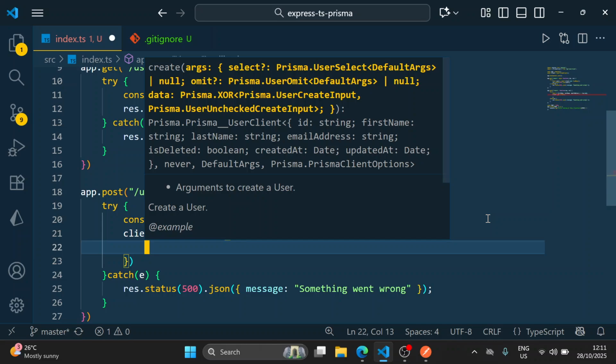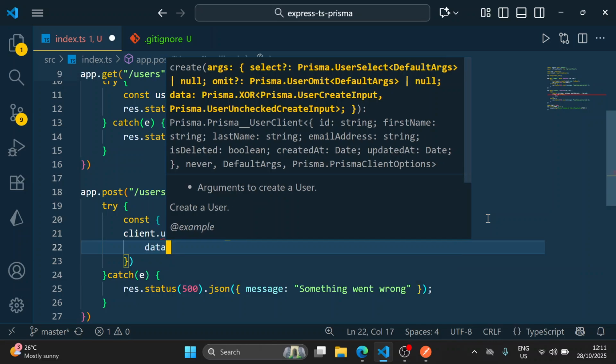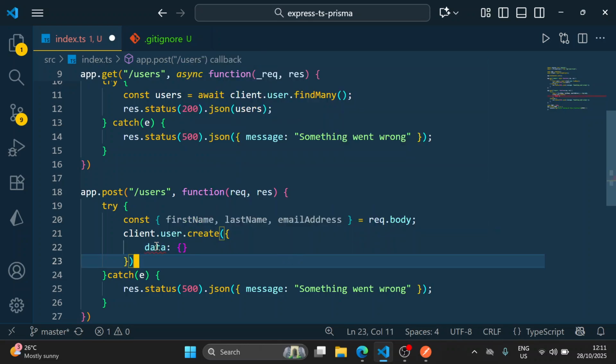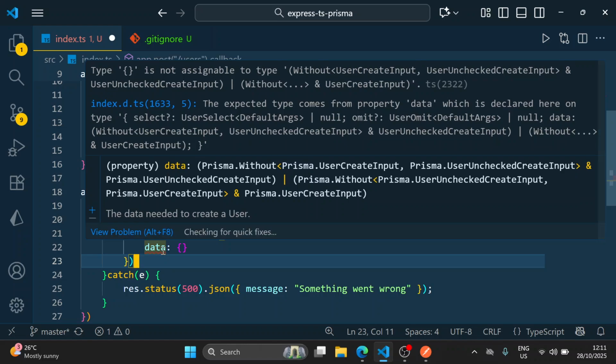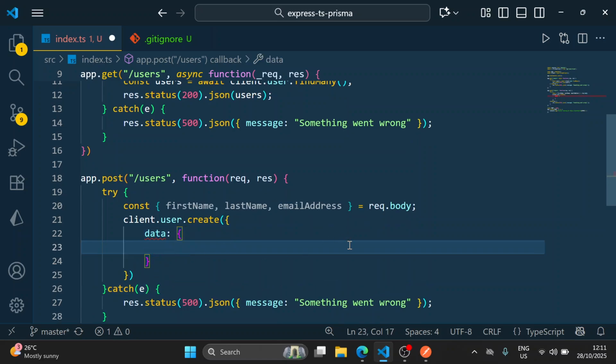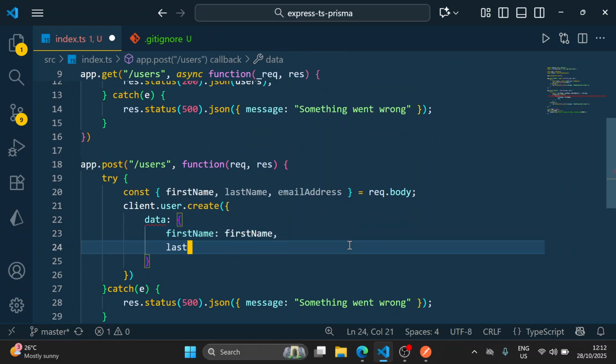Okay, and then you're supposed to pass here the data. And the good thing about TypeScript is that it will keep showing us an error. You can see here we get an error until we insert all the valid data. It will keep showing us this error until we have inserted all the valid pieces of data, of which in this case we know in our model we have a first name. We have first name, which we want to correspond to this particular first name that is coming from request.body. We also have last name,